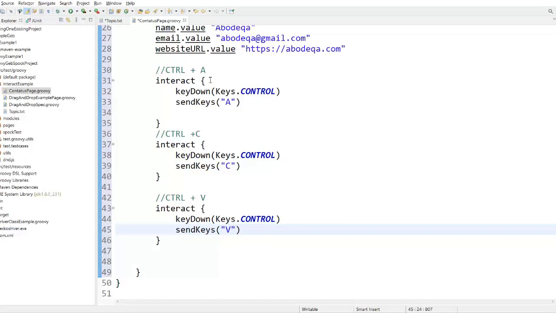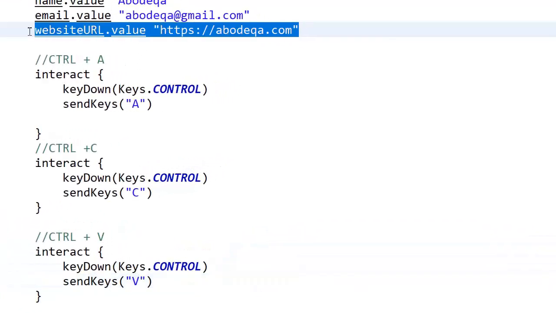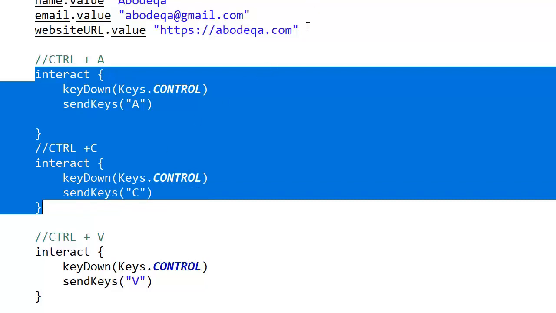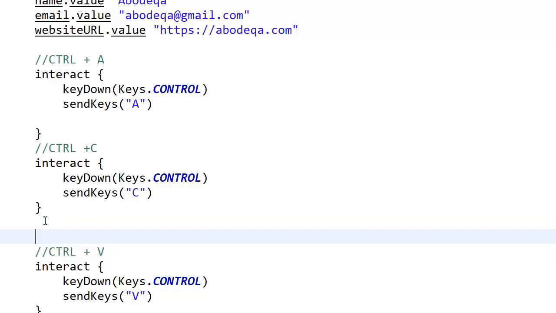But whenever we are going to perform these actions, we need to know the sequence. If we are on this field and we perform these two actions, it means we are going to copy this string, and after this we need to focus the cursor on the comment section. In that case, we need to click into the comment section.